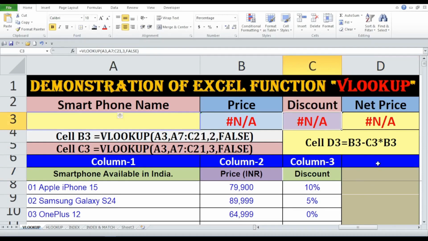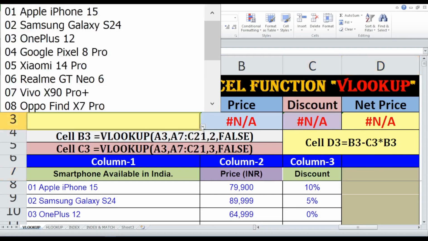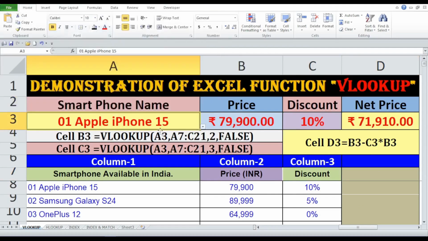Demonstration. Currently, the table shows #N/A in B3, C3, and D3 because the selected cell, A3, is blank. Let's select some smartphones to see how this works. Apple iPhone 15. Price, 79,900. Discount, 10%. Net price,